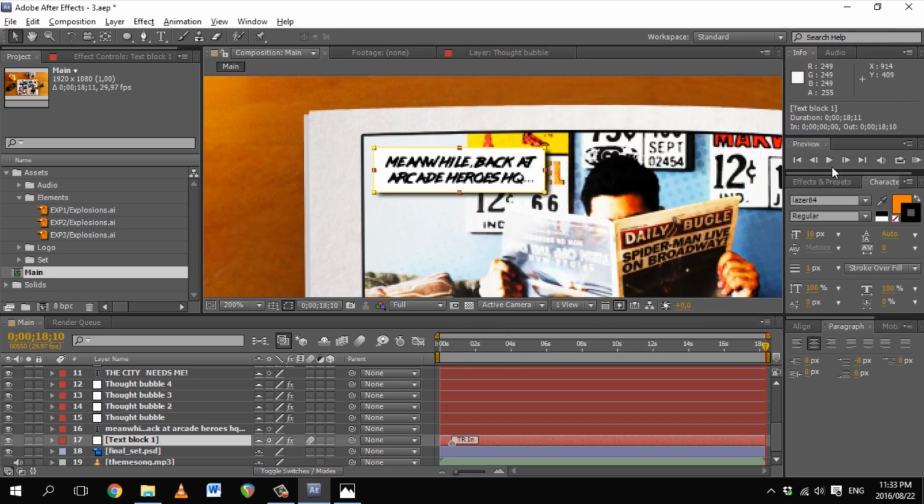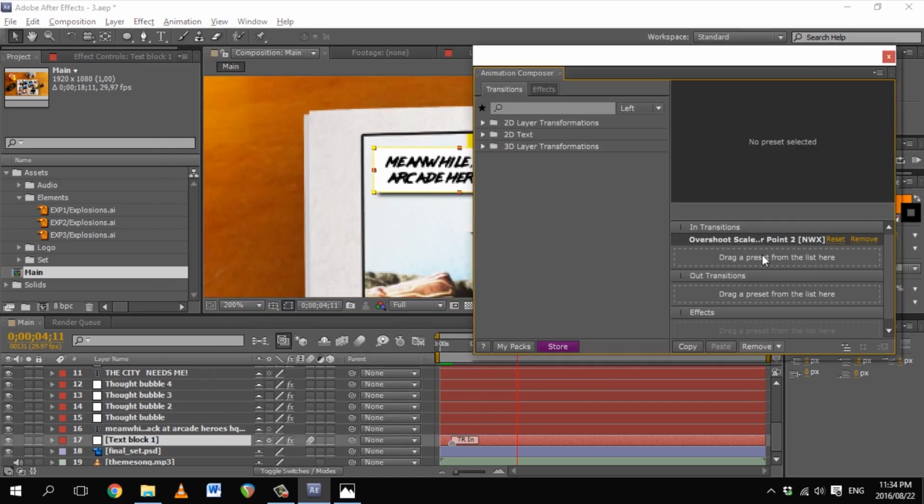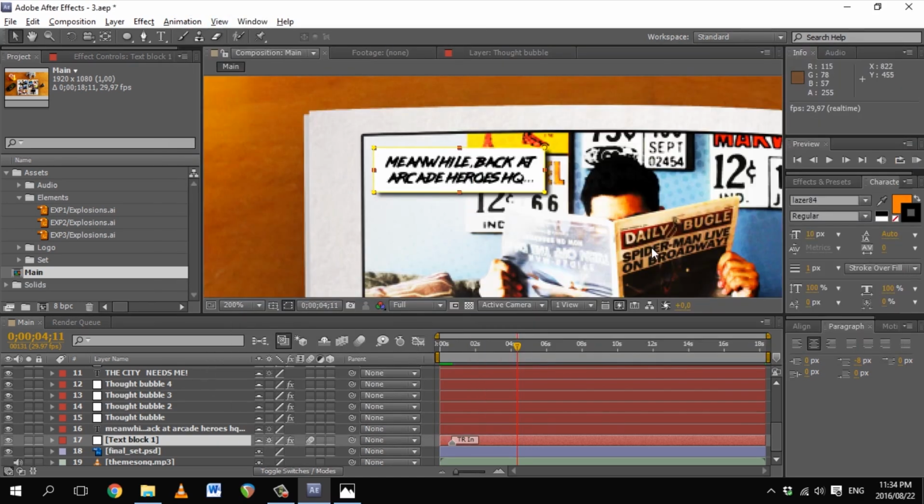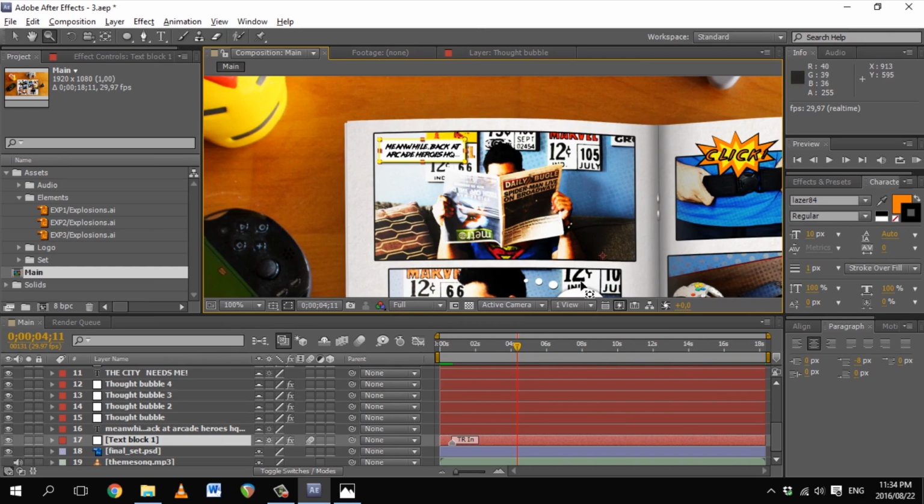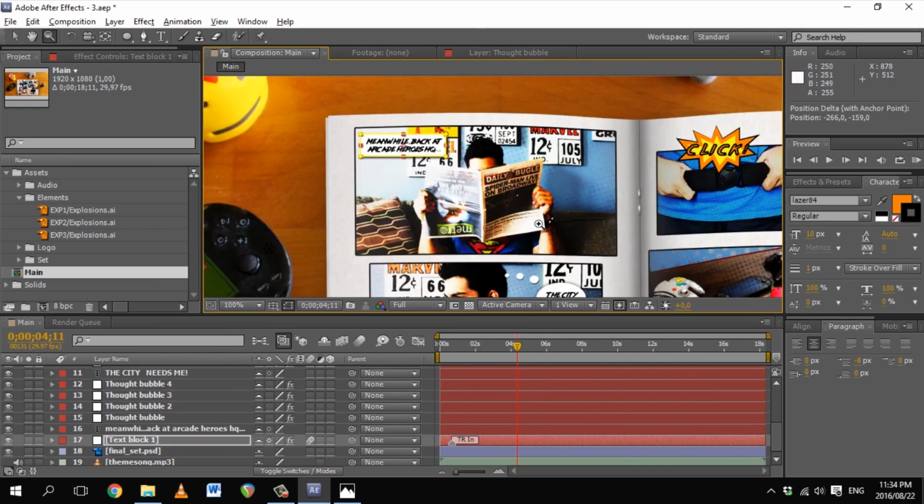I run a preview and it shoots from a weird angle. A quick investigation reveals why. The anchor point has not been relocated yet. This transition works by manipulating the scale and position of the element relative to its anchor point. Let's press Y and move the anchor point to the center of the element. Now when we preview it, it looks like it's jumping at you from the page and instead of from across